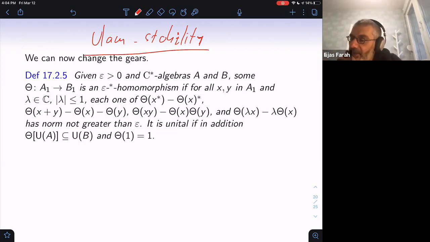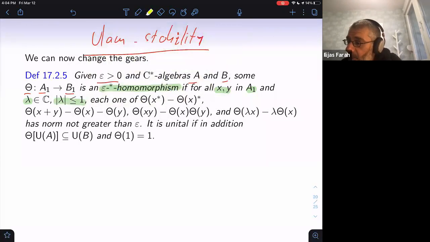So we are entering a subject called Ulam stability, but let me first state the definition and then we'll discuss it. So you're given epsilon greater than 0 and two C-star algebras A and B. And now we have theta, but we just look at the restriction of theta to the unit ball. Just look at the map from unit ball to unit ball. That's all that matters. Everything is homogeneous. And we say that such a theta is an epsilon star homomorphism, or sometimes people say approximate epsilon star homomorphism, if for any pair x, y in the unit ball of A, and for any scalar lambda of absolute value at most 1,